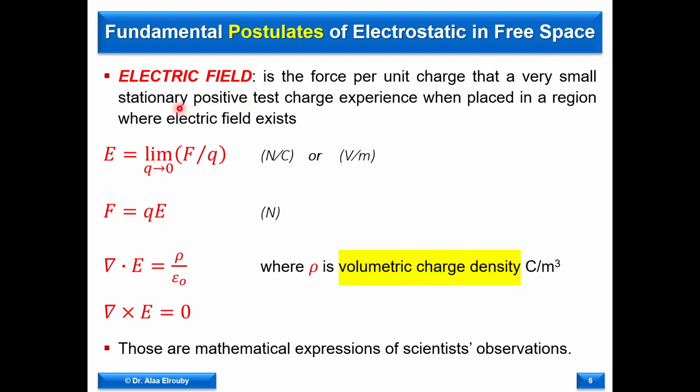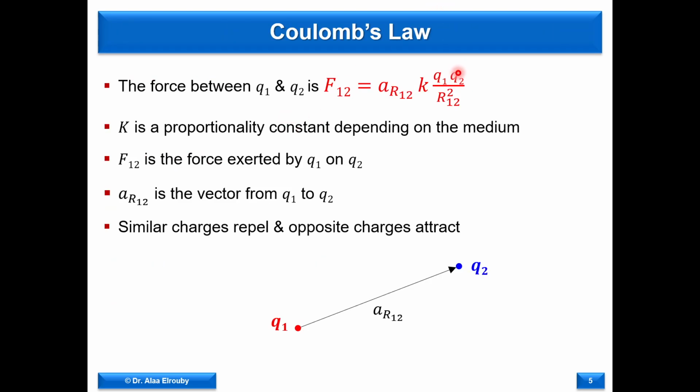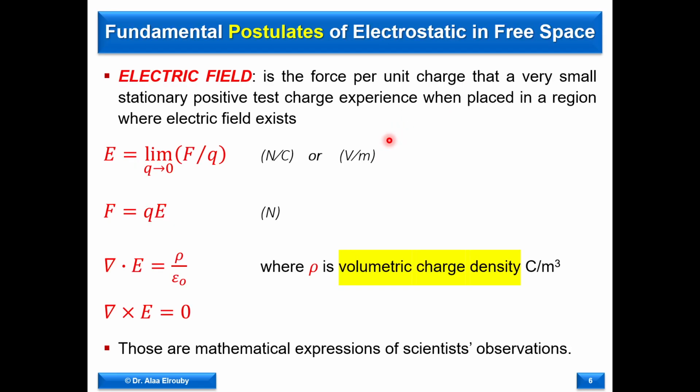Stationary, it is not moving. Positive unit charge, so it's 1. So that in this law here, Q2 will be plus 1. So now the field will be just related to Q1, and this is the definition of the force. If we put a test charge Q2 equal to positive 1 unit charge, then the force would be related just to Q1, and this is called the electric field, or the domain of